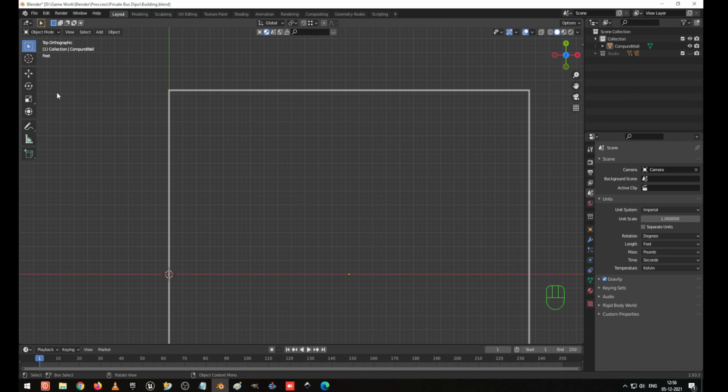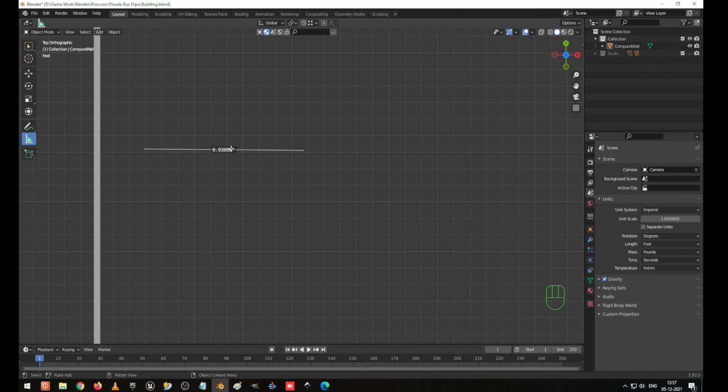I go to the measurement tool here and I'm going to measure this one, up to here. For the bathroom I'm going to give 10 by 10. So actually here, let me zoom in and go in.